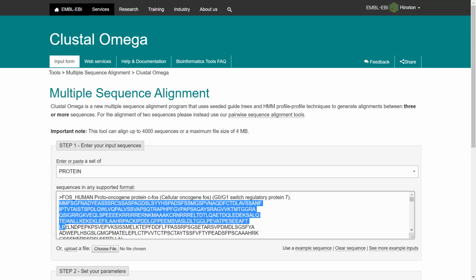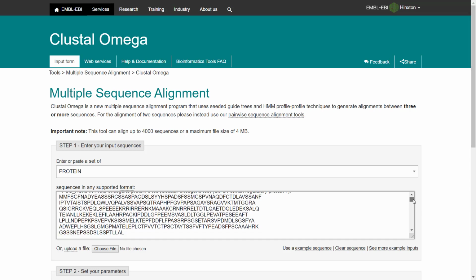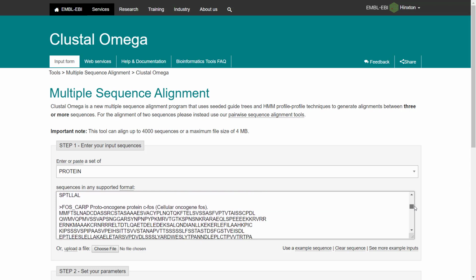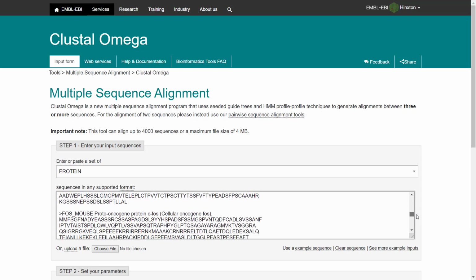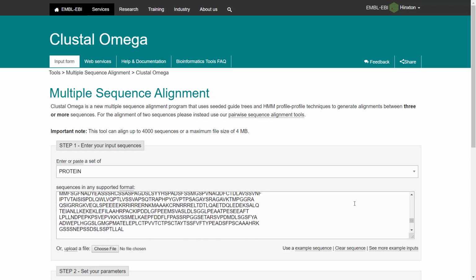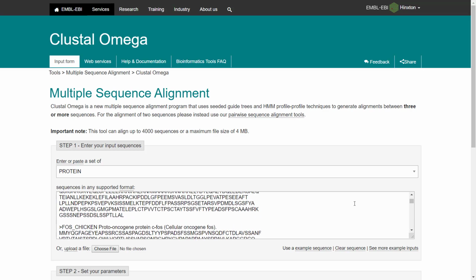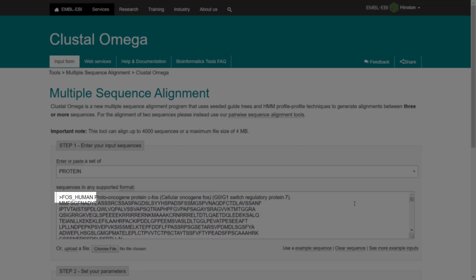Enter all sequences to the input text box. Please note that it is important to give informative names at the beginning of the description line, otherwise we could not differentiate sequences at the output. The simplest way to do it is by adding the gene name or the organism name after the greater than symbol in each description line.